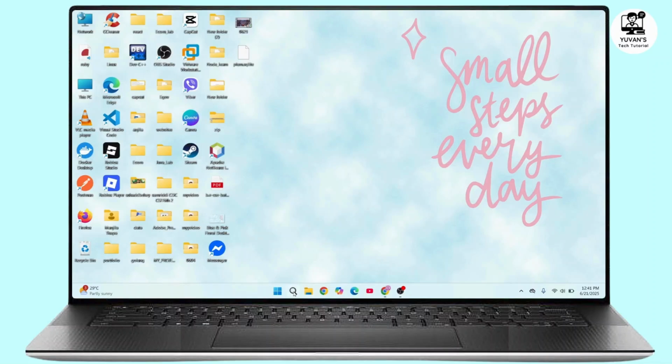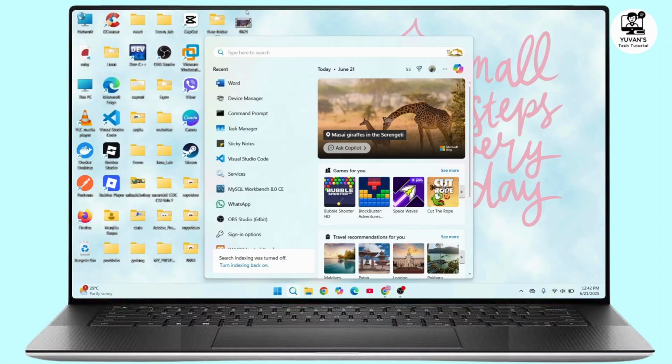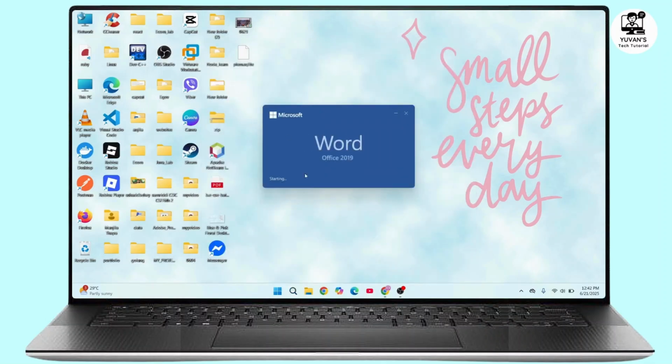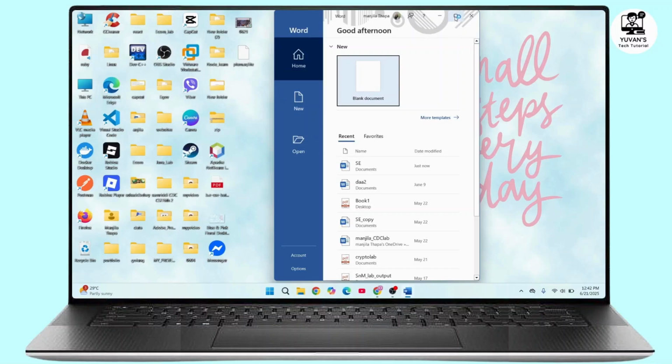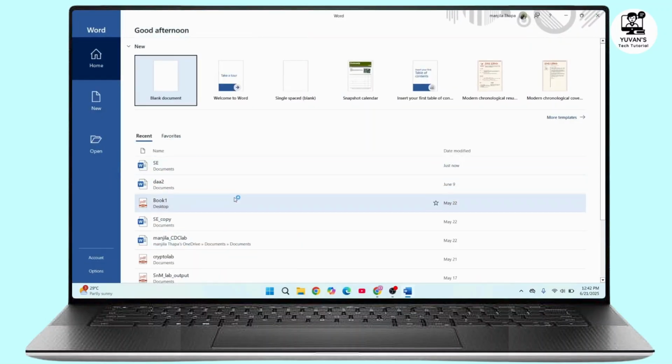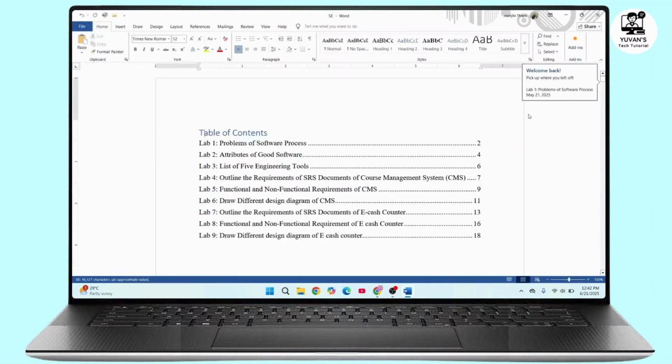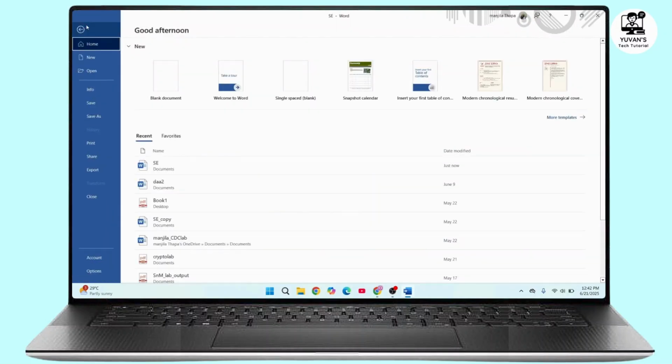First of all, you have to open up your Docx file. For that, you can go to the Word in your device. So here I'll just open up a Word and then select your Docx file that you want to convert into TXT. Once you have opened up your file, navigate to File option from the top left corner, and from